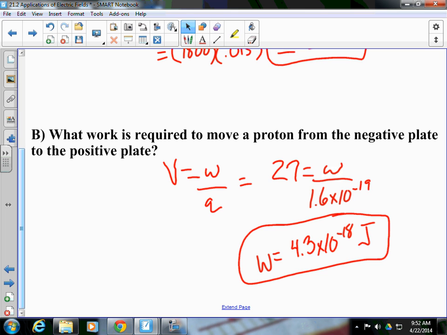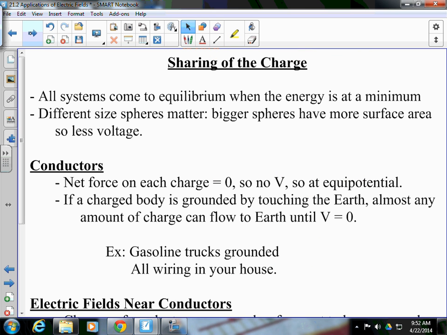So you've heard about voltage. Voltage is kind of the potential difference, or the potential energy that a charge has, the amount of work that it requires to go through. When charge is shared,